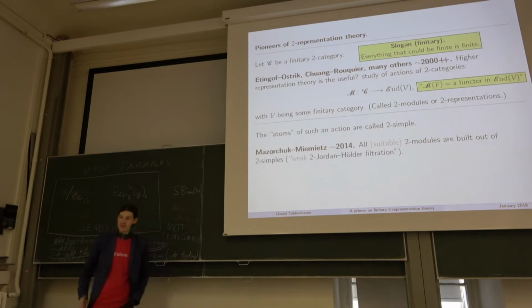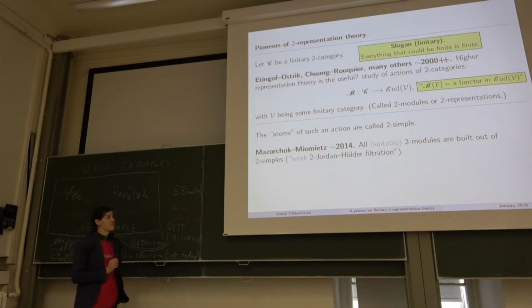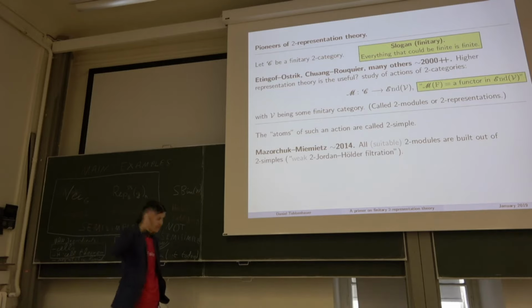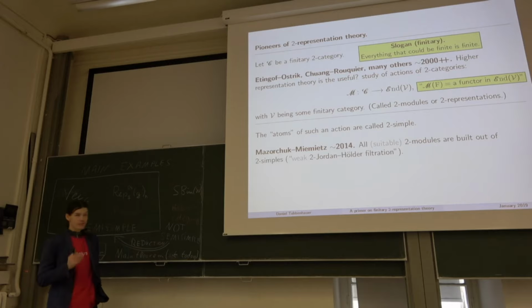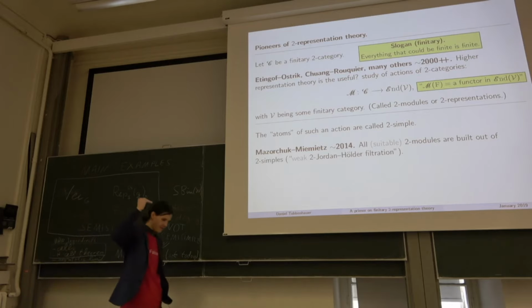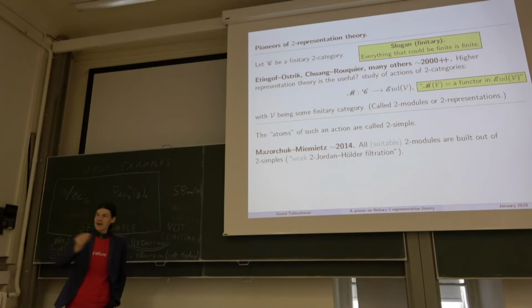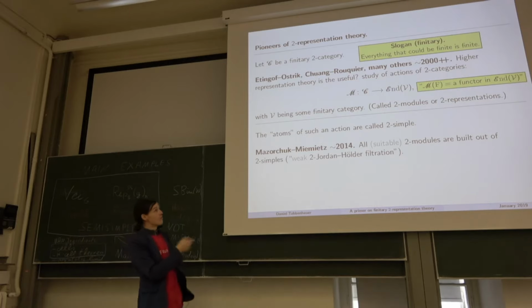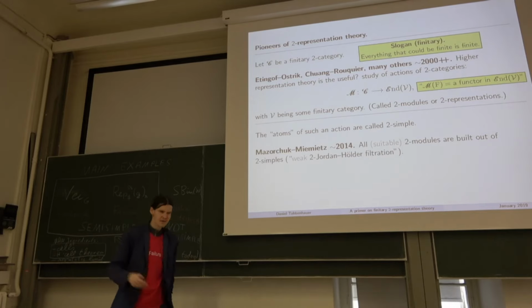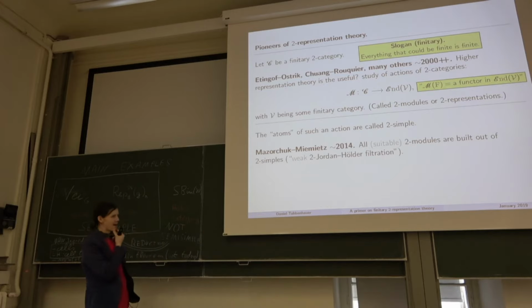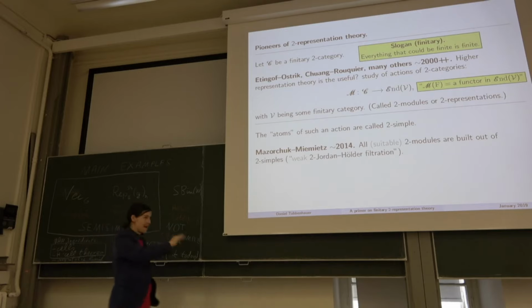This is what I want to do, and this is what I'm going to explain in the very last, let's say, 15 minutes or so. So instead of considering a group acting on a vector space, I want to consider a certain category with finiteness conditions. The slogan is: finitary means whenever you see something that could be finite, it is finite. So whenever you ask yourself during my talk, is this group finite? It is. Is this vector space finite? It is, and so forth. Everything that could be finite is finite, roughly.